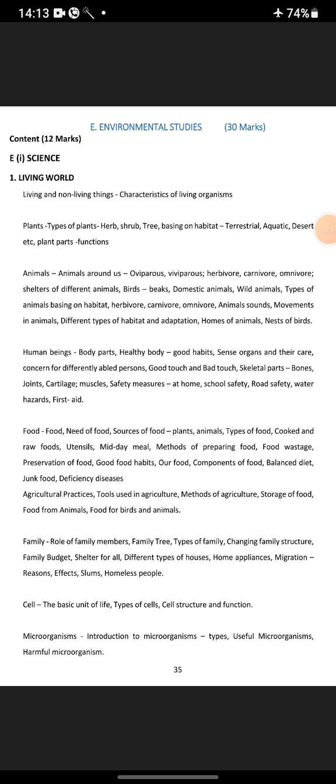herbivore, carnivore, omnivore, animal sounds, movements in animals, different types of habitat and adaptation, homes and animals, nests of birds. Human beings: body parts, healthy body, good habits, sense organs and their care, concern for differently abled persons, good touch and bad touch, skeletal parts, bones, joints, cartilage, muscles, safety measures at home, school safety, road safety, water hazards, first aid,